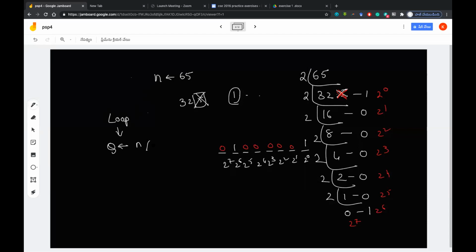So what is our n initially? You can write it in the comments. The n might be something like 65 by 2, right? This is my comment I am keeping. This is a comment symbol in Python. So 65 by 2. So naturally what Agarwal has got, that answer will be given to us.